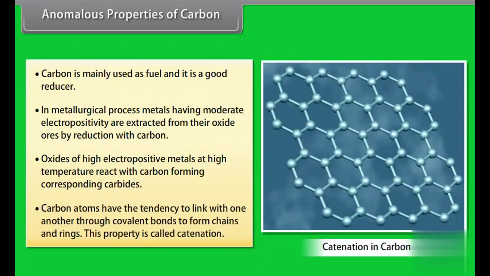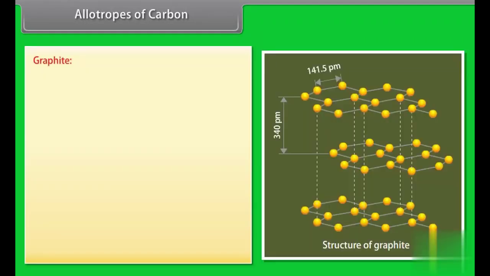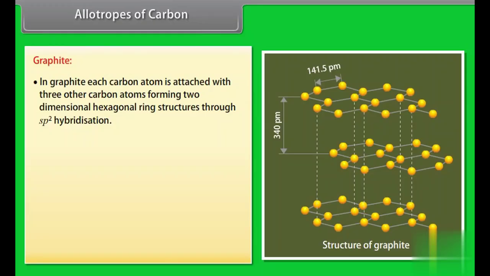Carbon atoms have the tendency to link with one another through covalent bonds to form chains and rings. This property is called catenation. Allotropes of carbon. Graphite. In graphite, each carbon atom is attached with three other carbon atoms, forming two-dimensional hexagonal ring